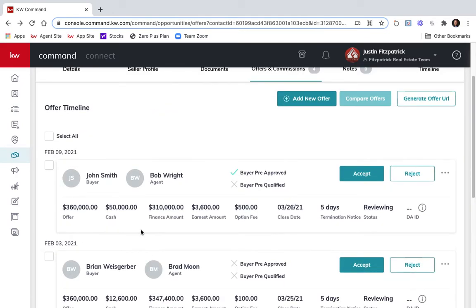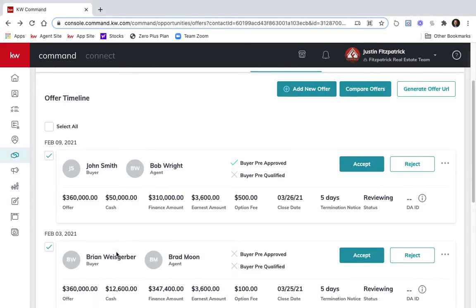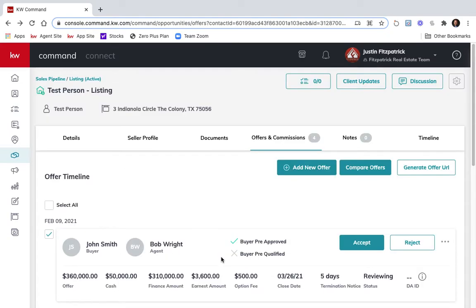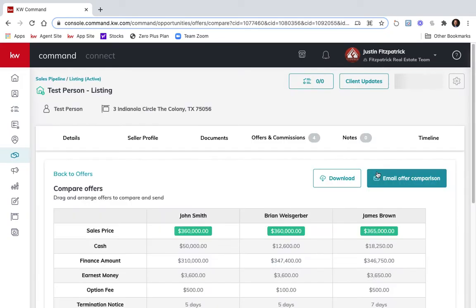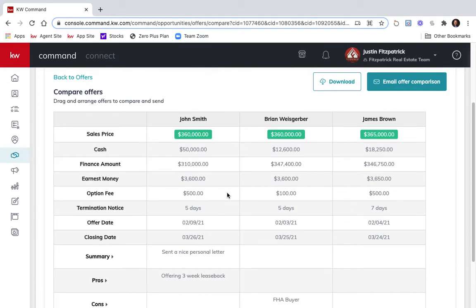Okay, so now let's say we want to send these offers over to our seller for them to review. We can come up here, we can select all. I'm going to take this one that we terminated off, and it's going to send them these 3 offer comparisons. Come up here and we say compare offers. And now you can see we've got a side-by-side view for which our seller can easily see who's offering the